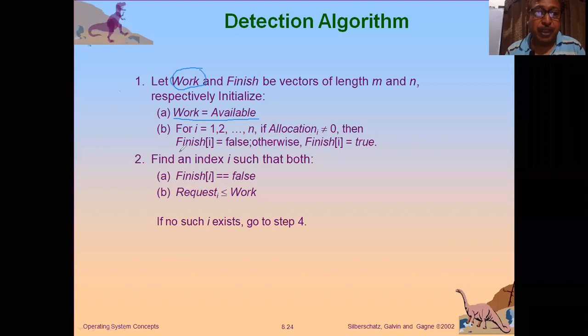After that, we make Finish[i] equal to false, and we try to find an index i such that Finish[i] is equal to false and Request is less than or equal to Work. Because whatever a process is requesting, that much resources must be available with the operating system. Unless that is true, we cannot satisfy the request of that particular process. So if no such i exists, we go to step 4. Otherwise,